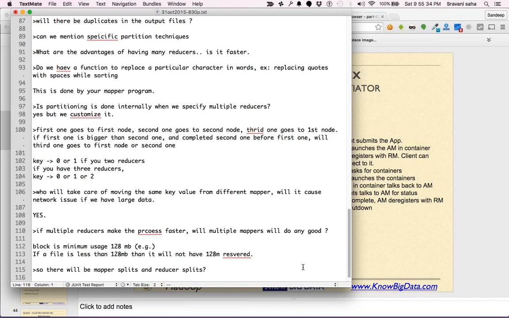Pawan's question is, so there will be mapper splits and reducer splits. No, actually, it's basically mapper splits.